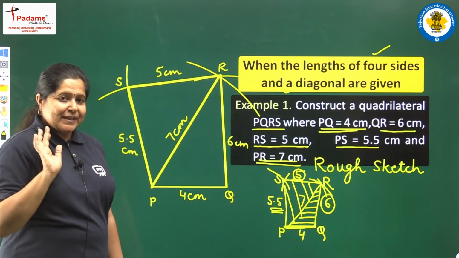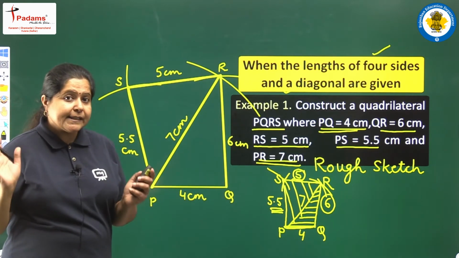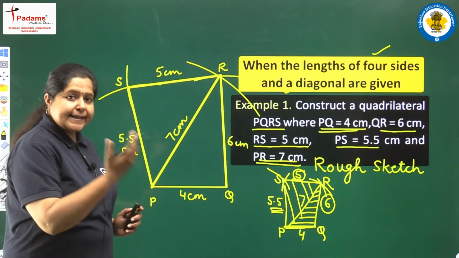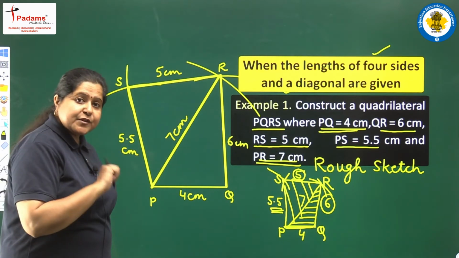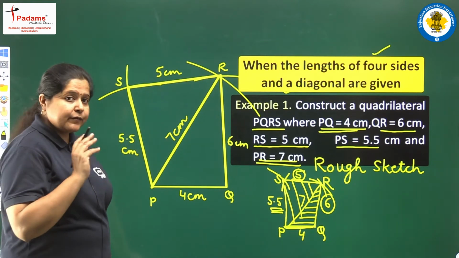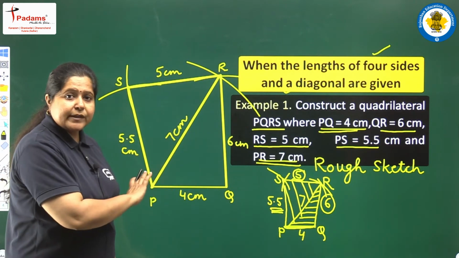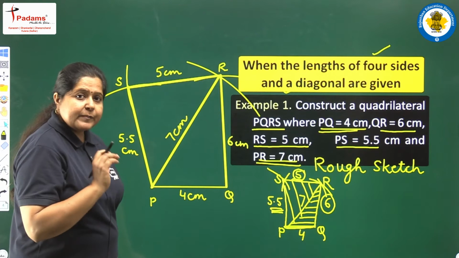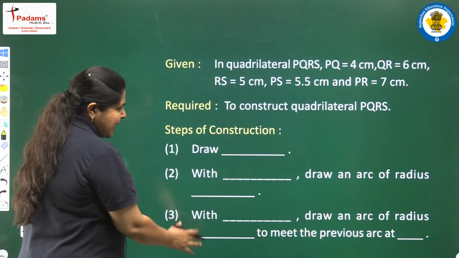Clear to you? Now this part has to be done on the blank page of your interleaf copy, and on the right side on the single line paper you will have to write the steps of construction of this whole process. We mean that we need to write each and every step that we have followed to make this quadrilateral. One by one we will be writing all those steps. We will be writing in this pattern.